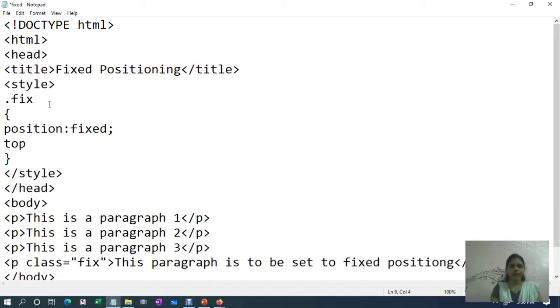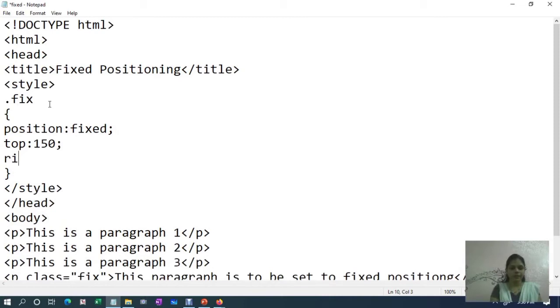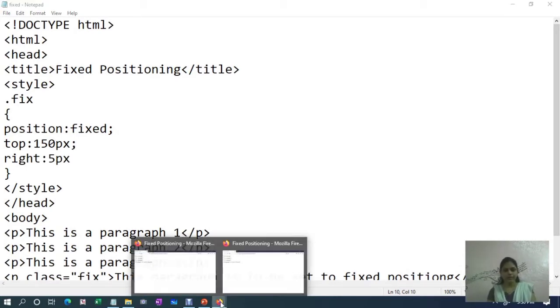After that you can use any properties from top, bottom, left, right. So let us use top colon, suppose 150, right colon 5, and these values are to be provided in pixels. So 150px and 5px. Then save the program and again execute it.